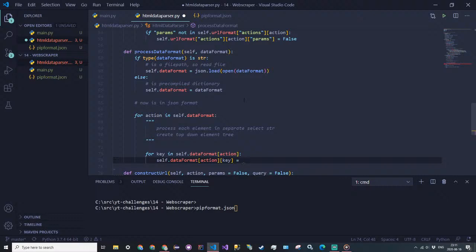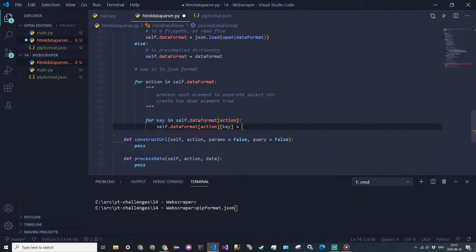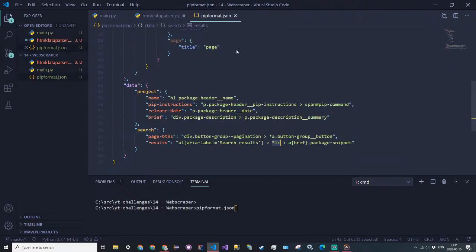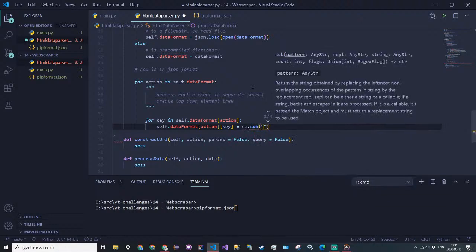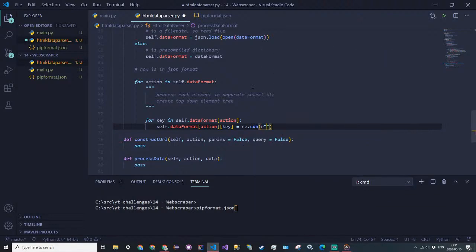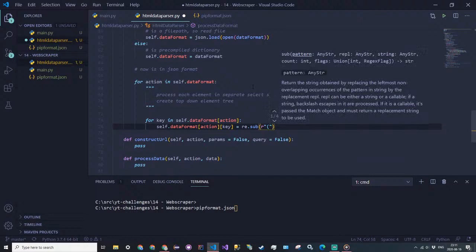Yeah, so we're just going to be substituting in. First, we just want to clean it up and get rid of the spaces in between here and here, so these two right here, just around the greater than sign. So we're going to say re.sub, and I'm going to give it a raw string. There are going to be 3 possibilities, and you can specify groups in regular expression strings